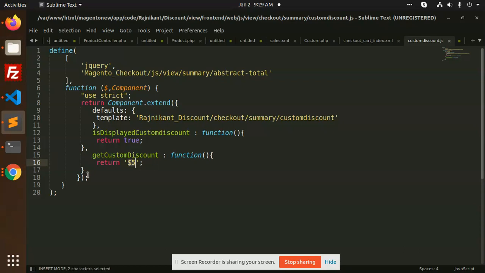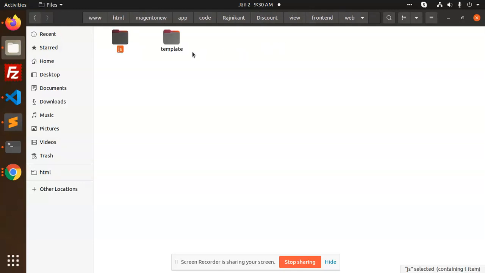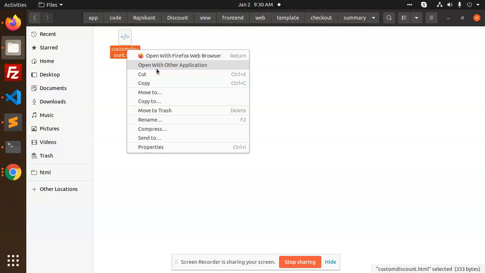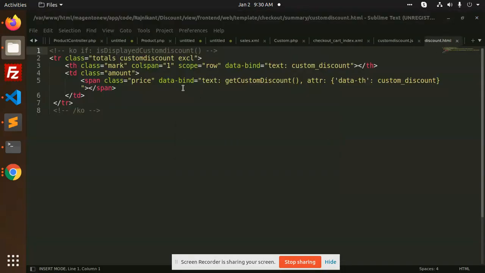After this rendering part, we have to use the template, which has the HTML where we render this $5, the custom text. So let's move to the template, checkout, summary, custom-discount.html. We're going to open it.